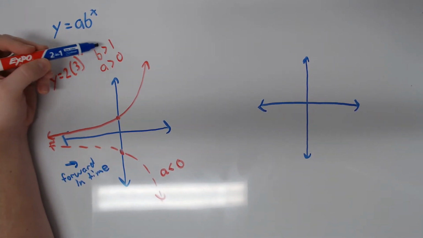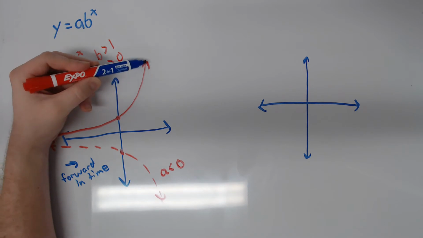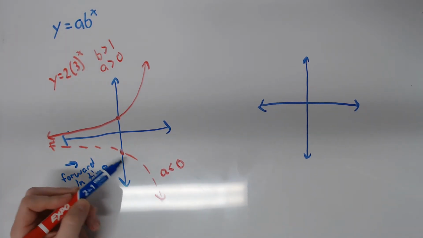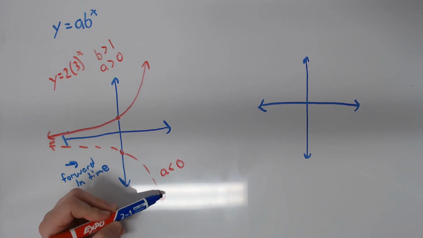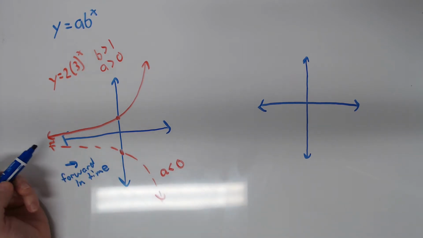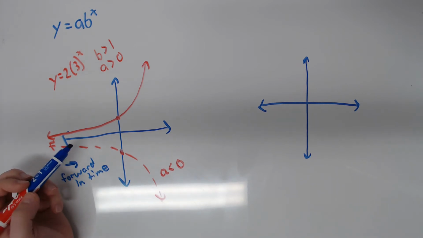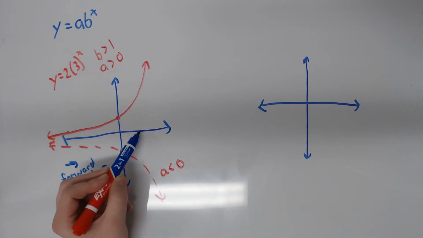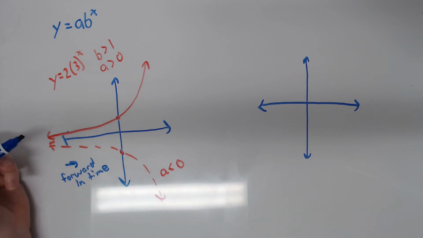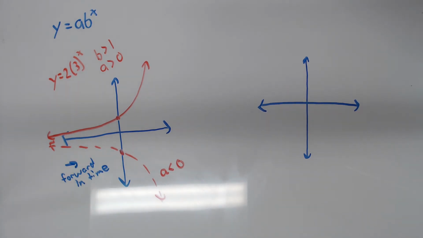So when b is greater than 0, things are growing to larger numbers. I understand that this is going further and further negative, but it's a larger negative number. It's growing, not shrinking. In this situation, shrinking refers to getting close to 0. So if we look over at the other graph,